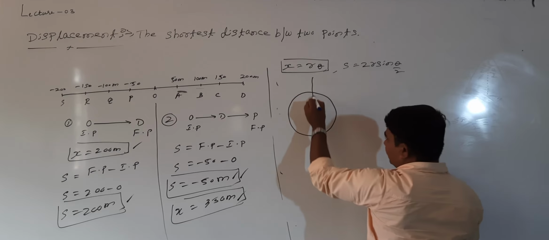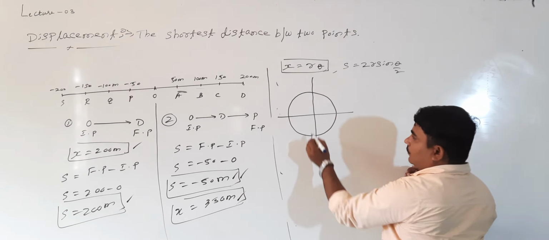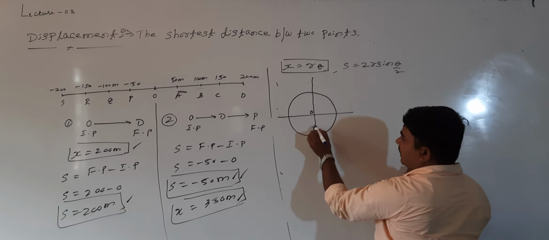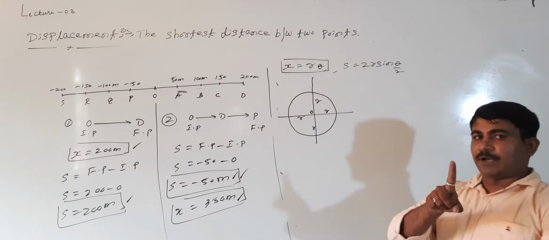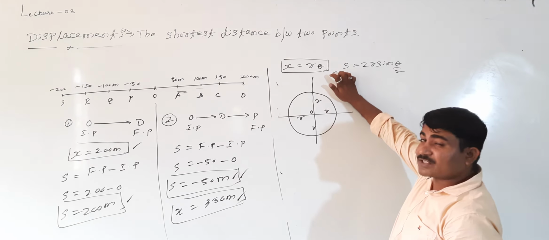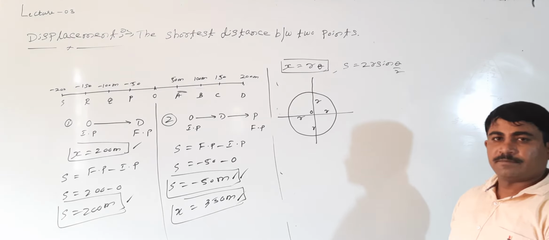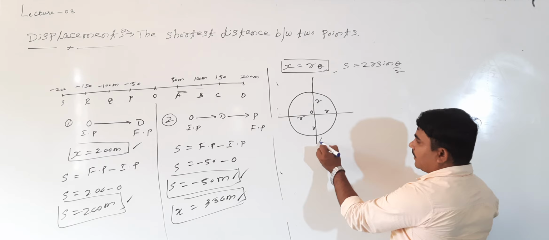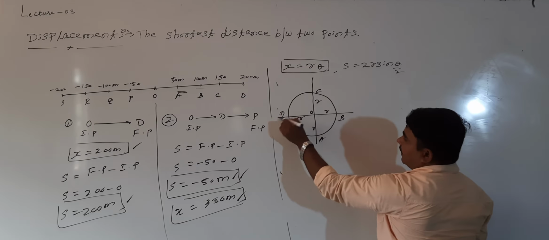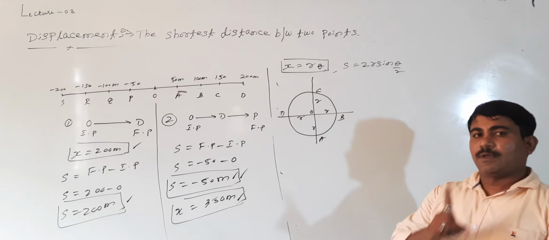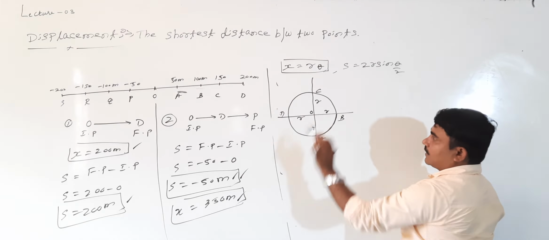See here, this is a circle. So this is center O, radius R, this also R, this also the same. Right? Let us take just the distance and displacement in this case. You can verify. How to verify? This is point A. This will be point B, point C, and point D. Are you following me? Consider the particle moves from A to B for a quarter circle.